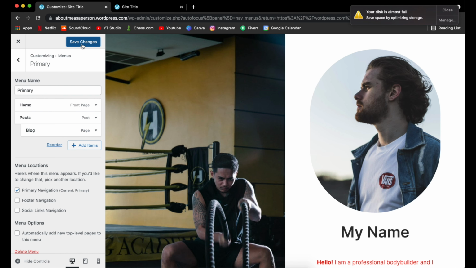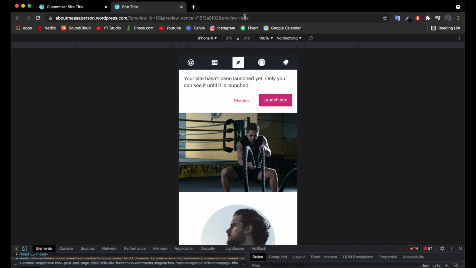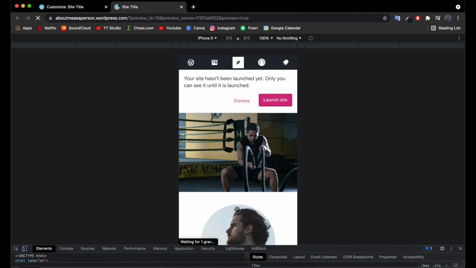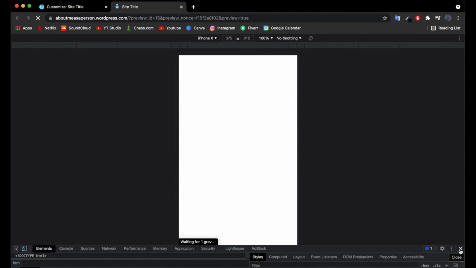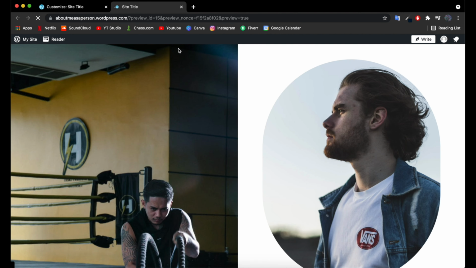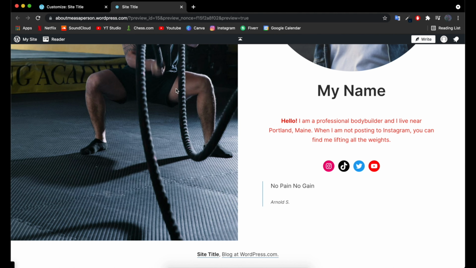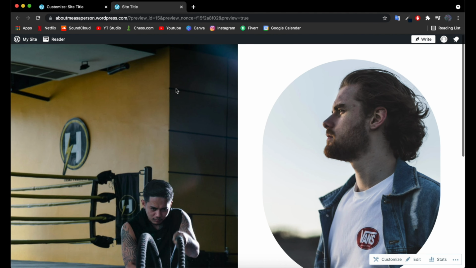And so now if we were to go ahead and save this, and then go back to our website preview and refresh the page, and let's go ahead and view it as a desktop application. So I'm going to go ahead and close the inspect window. You'll notice that we currently don't have any way of navigating to other pages on our site. So that's one thing that we're going to have to go ahead and add. And so the way we can do that